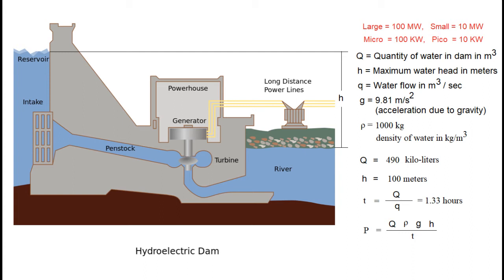An estimate of a 100 kilowatts hydropower station is as follows. If 490 kiloliters is the value of Q in liters and it uses 100 meters of head in a certain period of time, then it produces 133 kilowatts of power, but actually the power plant is producing 100 kilowatts, so the plant is working at 75% efficiency. Modern water turbines work at an efficiency of about 90%.